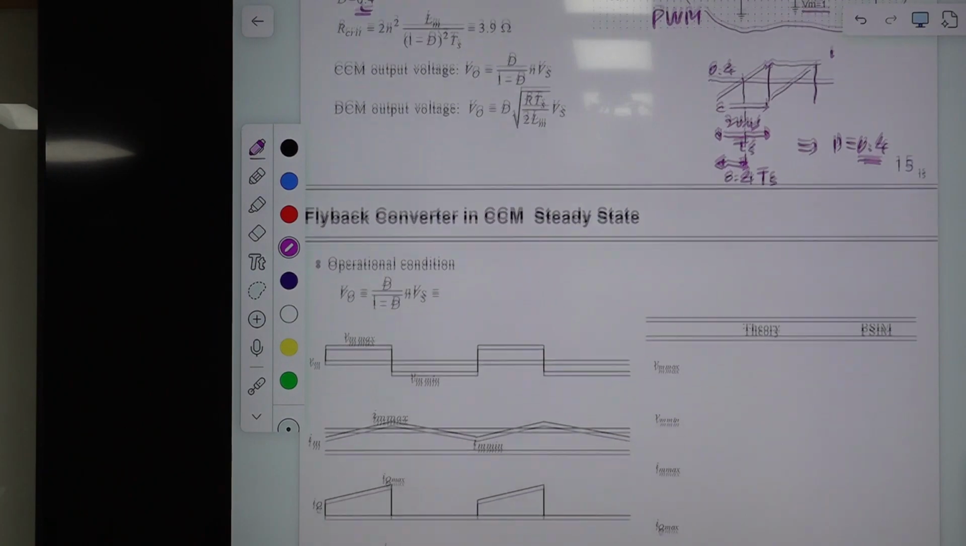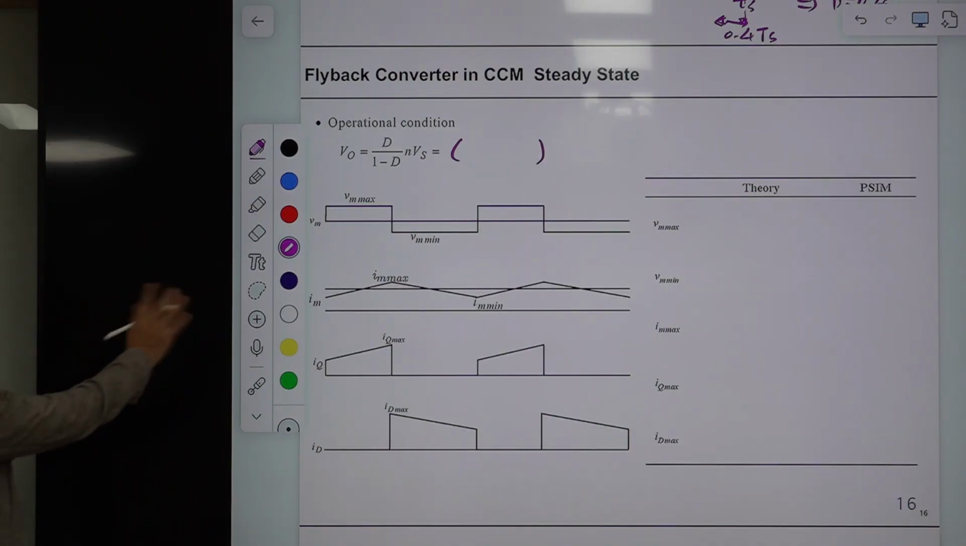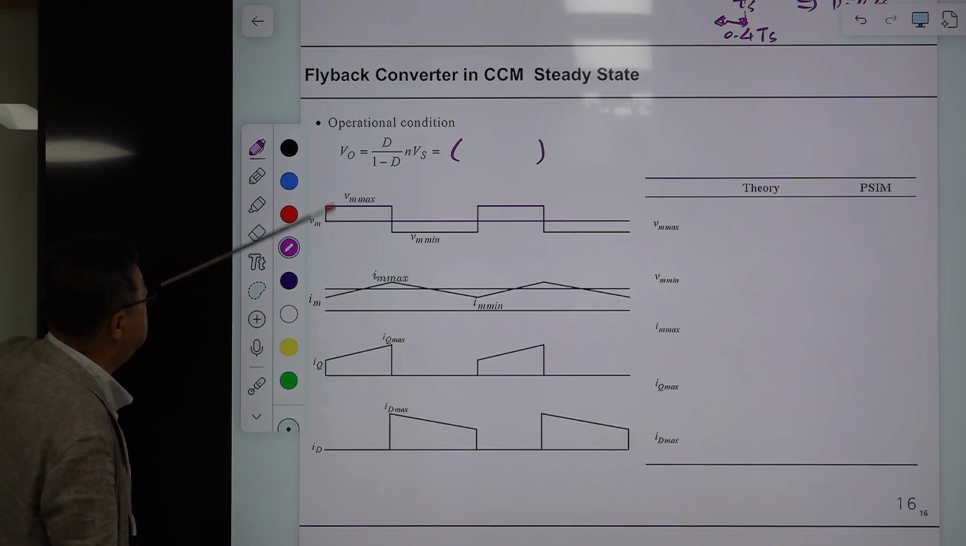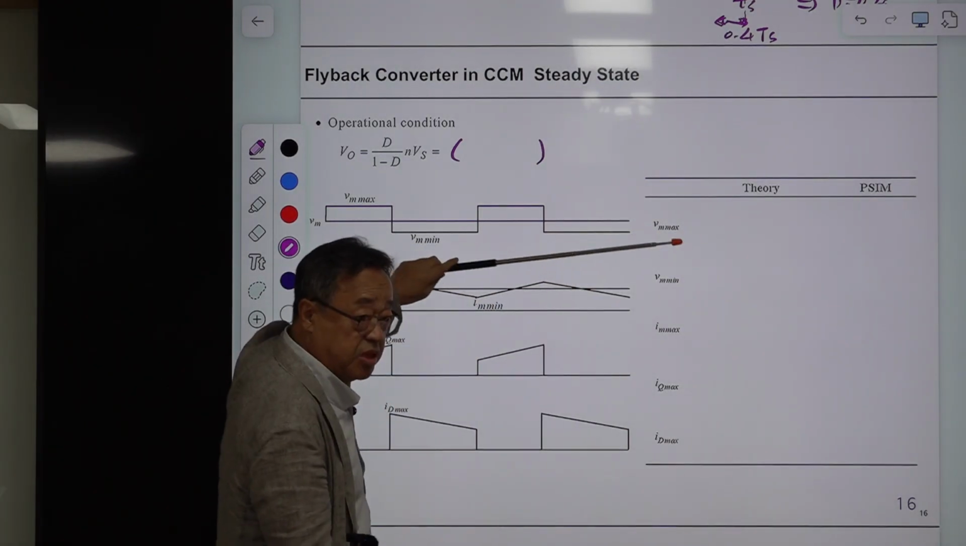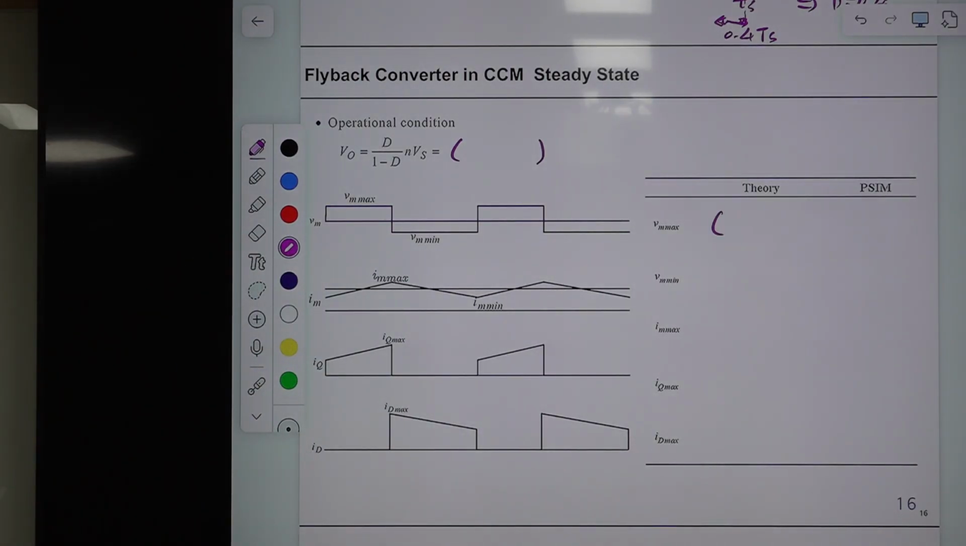Everything is provided, and then you fill in the blank. Okay, and you perform simulation, and you generate this using the PSIM program, and calculate this theoretically, and observe that with the PSIM simulation result, and compare them. Okay, that is the homework. You fill in the blank. Okay, this is the homework,